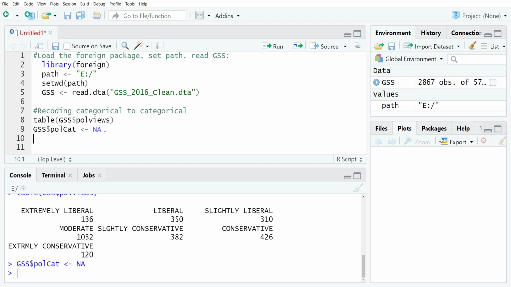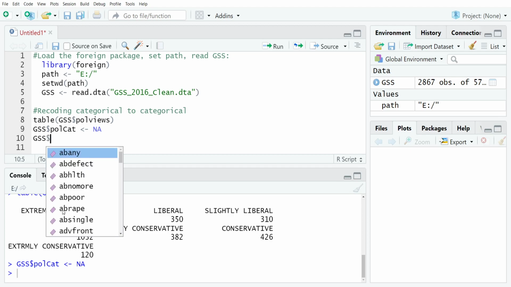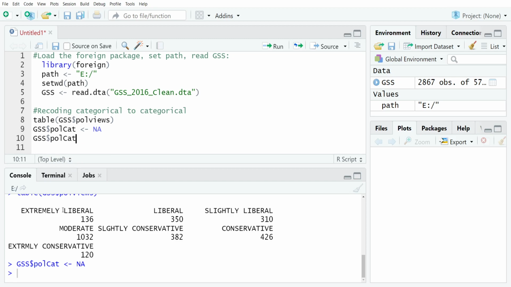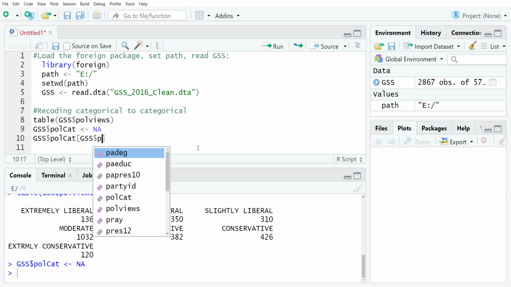All right, so in order to recode this polviews variable, there's a few different ways that we might approach it, and I'll show you both as I work my way through it. So the first thing that we're going to do is deal with the folks that we're going to call liberals. So we're going to just say GSS$pollCat, open up some square brackets, because we're going to be using logical indexing to pull the folks that said that they were either extremely liberal, liberal, or slightly liberal, and we're going to use logical ORs to allow us to do that in a single command. So you would approach this by just saying GSS$polviews,